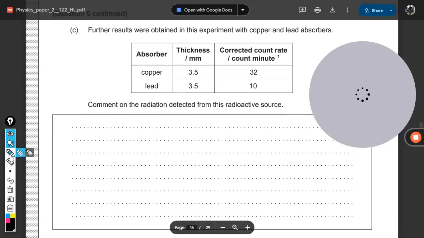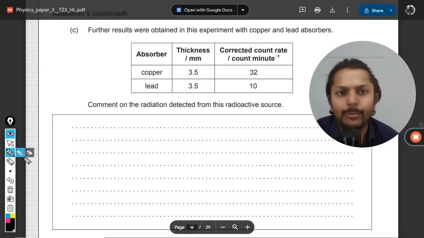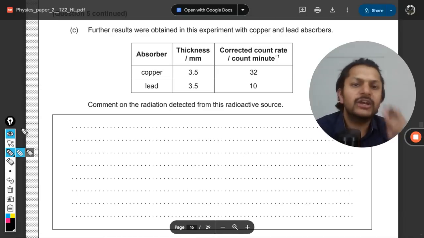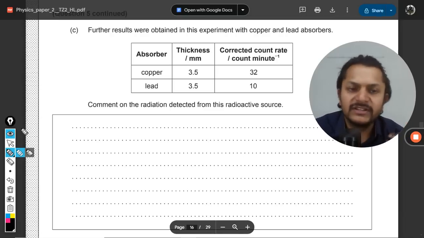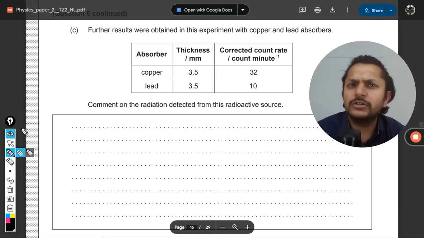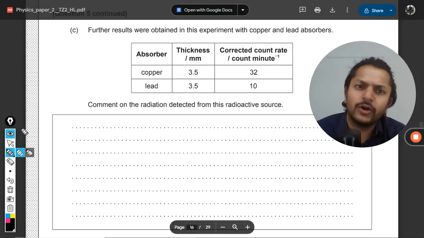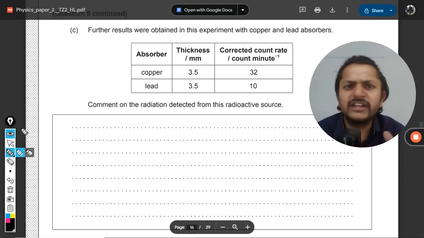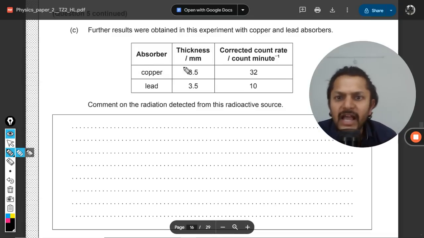Further results were obtained in this experiment with copper and the lead absorber. Now the absorber is changed, so one is copper, one is lead. Again, it is not about topic 12, that is radioactivity and all that. Related with it, but it is not exactly the same thing. Absorber, like